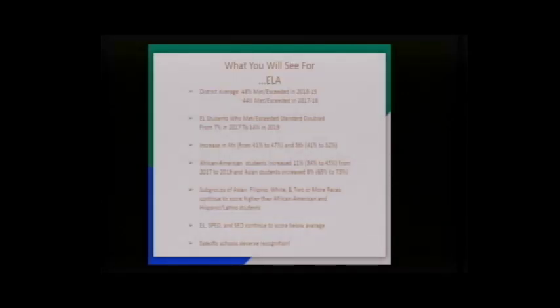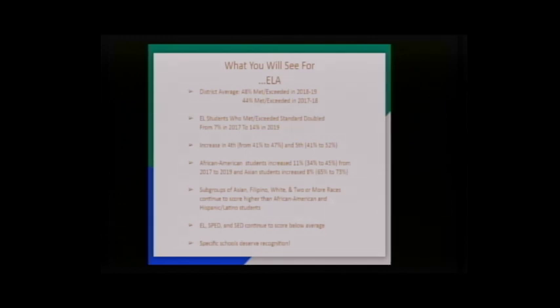So, foreshadowing ELA, we grew the most in ELA, almost 4 full percentage points, which is not good enough, and our work is still ahead of us, but it definitely deserves note that we didn't decrease. English learner students who met or exceeded, if you look at that in the 3-year trend, effectively doubled, from 7% to 14%. In 4th grade specifically, for English language arts, there was a real bump, 41% to 47%, and 5th,